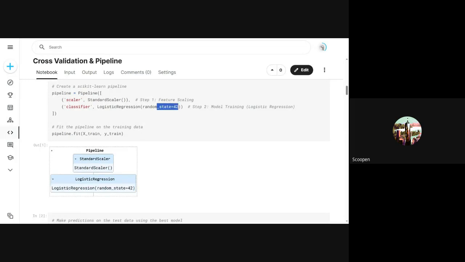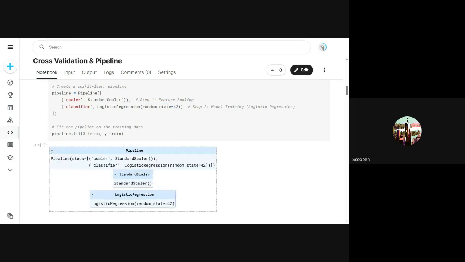रैंडम स्टेट 42 का यूज किस लिए है, ताकि आपका कोड, सॉरी, आपके रिजल्ट रिपीट हो सकें. नहीं तो आपके रिजल्ट हमेशा अलग अलग आते रहेंगे. ठीक है, तो इसलिए रैंडम स्टेट डालना होता है. या तो 42 डालो, 21 डालो, एक वैल्यू फिक्स रखनी पड़ती है रैंडम स्टेट की. ओके,